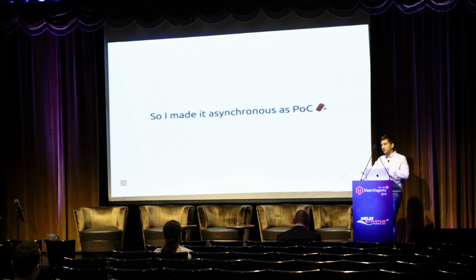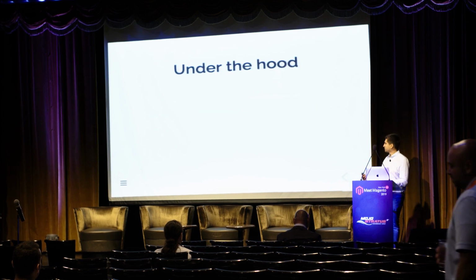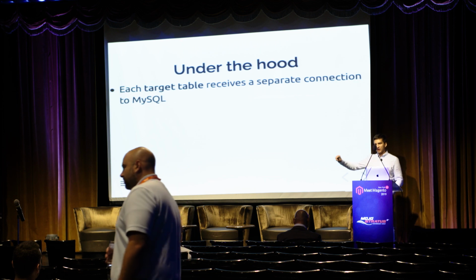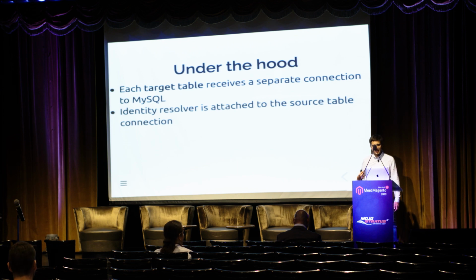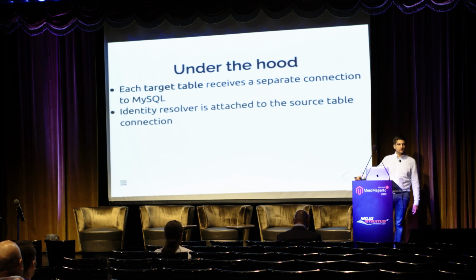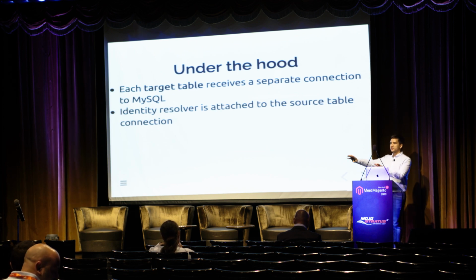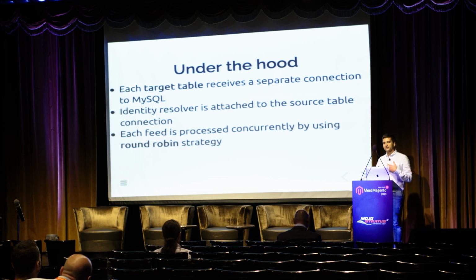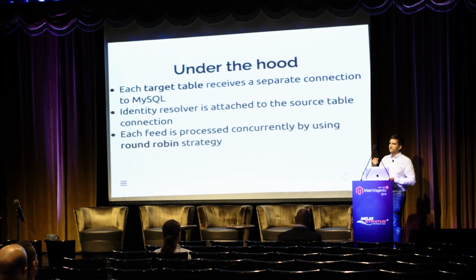So what I did, I made an asynchronous proof of concept that concurrently inserts all the data into all the tables at the same time. So how does it work under the hood? Each target table into which I want to insert data creates a new MySQL connection. Then an entity resolver is created for every single source table, also with a separate connection, in order to assign those new entity IDs. And then each feed is also processed concurrently by using a round-robin mechanism, because you cannot read a